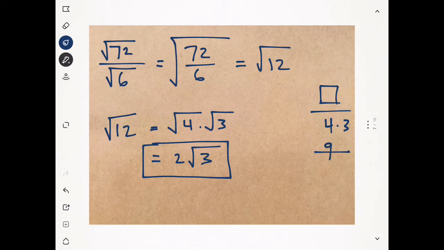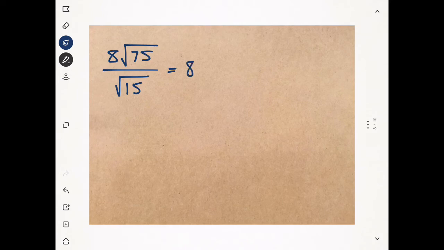Okay, a couple of other scenarios that we need to look out for are if we have a product and a quotient mixed together. So in the case of a product and a quotient mixed together, we have a product in the numerator of a fraction over a radical in the denominator. We can do the exact same thing that we just did, but we just have to manage this 8. So this 8 is just going to kind of be along for the ride because it's multiplied. So I'm going to write it as 8 times